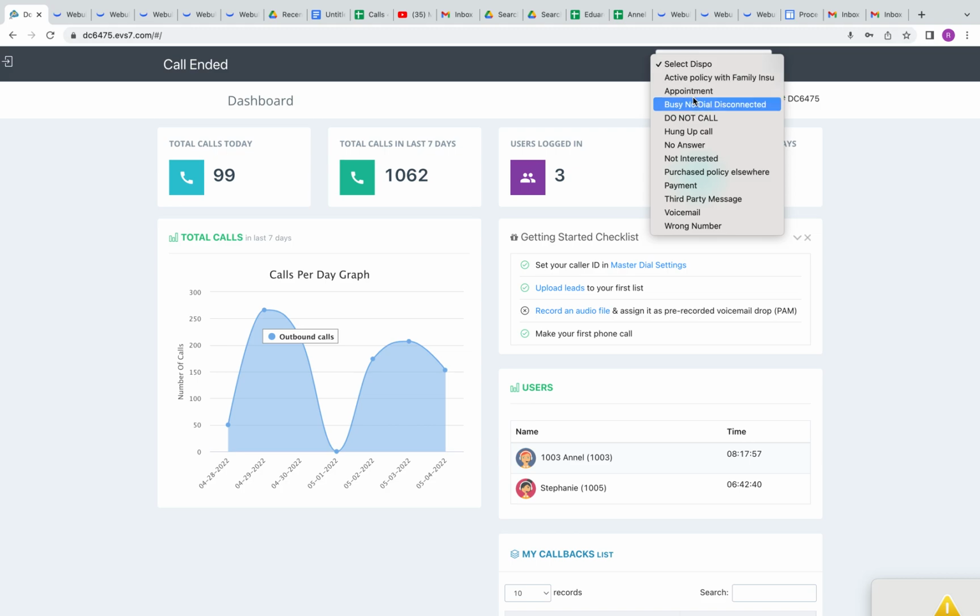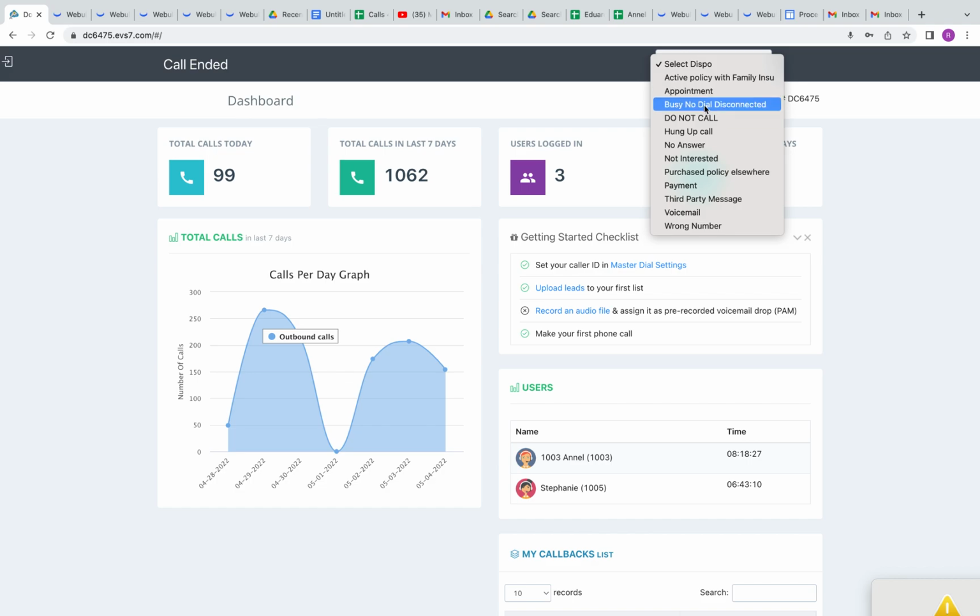Any appointment, it doesn't matter if it's an appointment for a renewal, a monthly payment, endorsements for 10,000 of coverage, or uninsured motorist, or maybe they want to make changes to their policy like adding a car or adding a driver. It doesn't matter. Any type of appointment, you have to select the appointments.